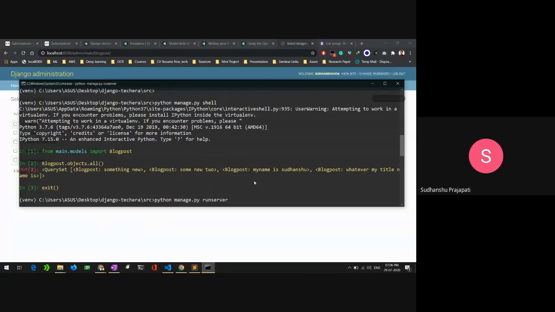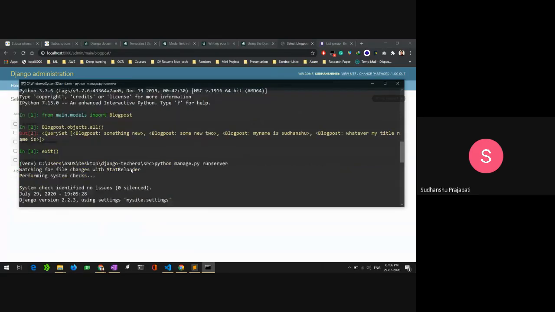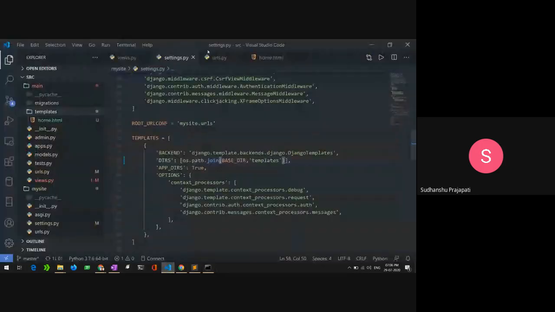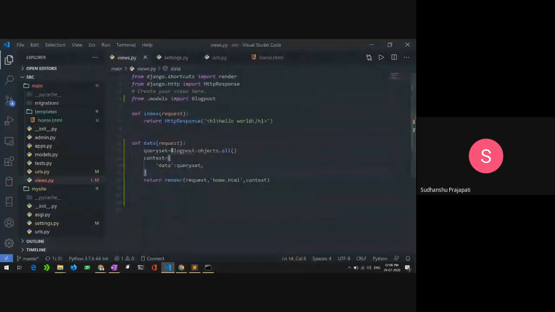If you want to try out things like filtering objects and how you want to return data, you can try them inside the shell. After you get the insight into how you want your data to be retrieved, go to your views file and just change it there. There are some different kinds of functions to use.